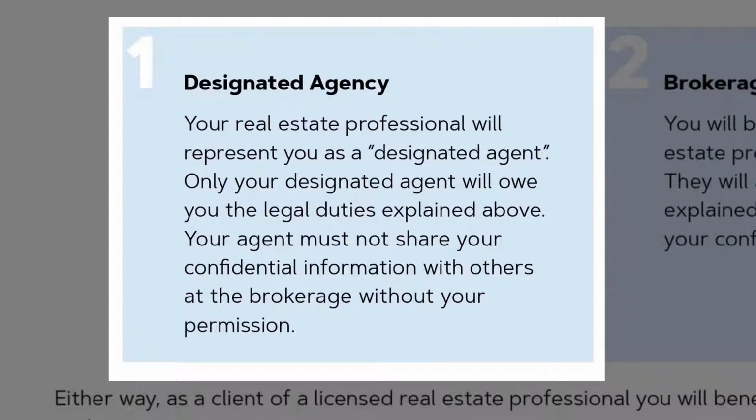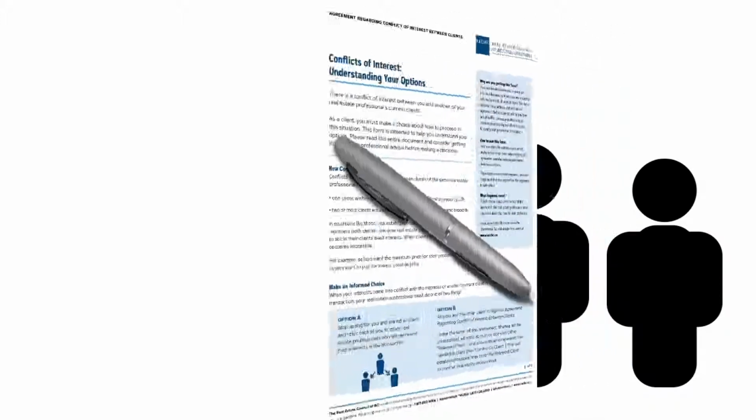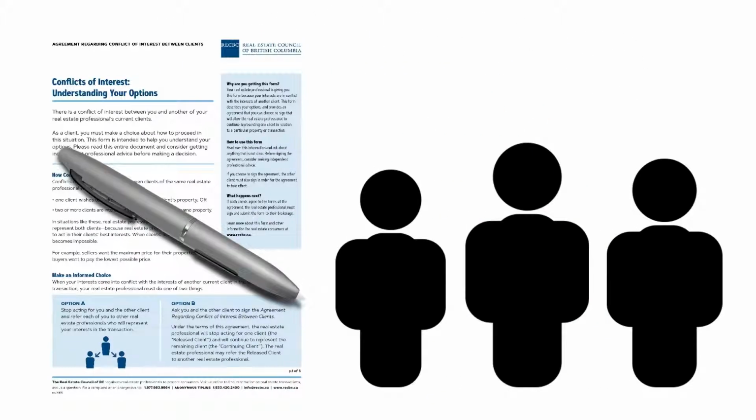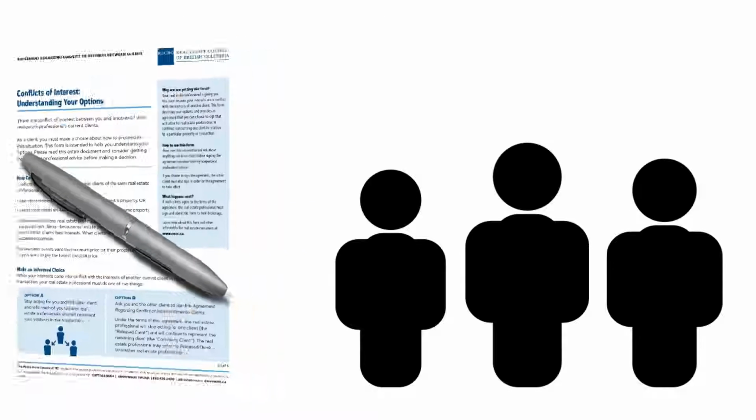Only your designated agent owes the fundamental agency duties to you as a client. Your realtor will not share your confidential information with others without your permission. In the event that a realtor has a relationship with a buyer and seller, or a tenant and a landlord, the realtor must not represent either party unless they have obtained written consent from all parties. If this happens, a realtor can provide a referral to another designated agent who can provide the client with an